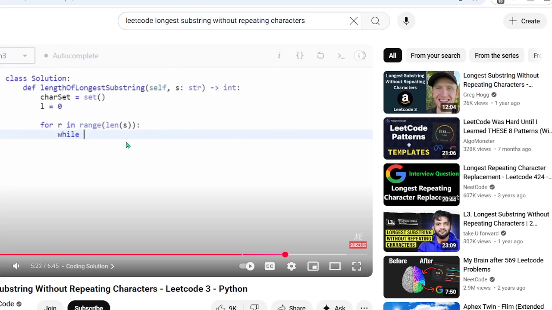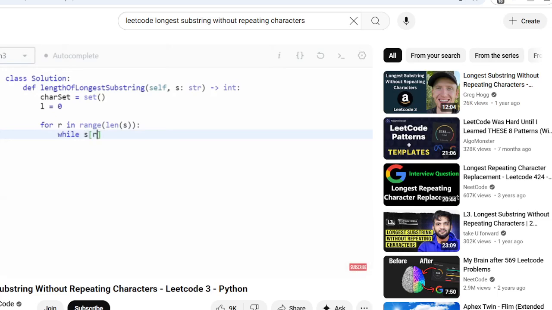Which is why he does a while loop for this R character that we just visited at the right pointer. If S of R is already inside our character set, meaning it's a duplicate, then we have to update our window. So we have to take the left character and remove it from our set, character set dot remove the leftmost character.